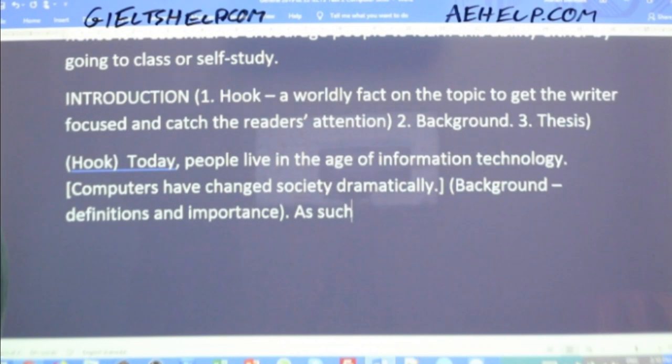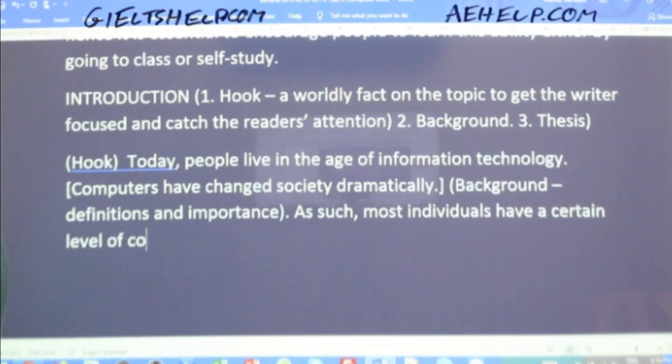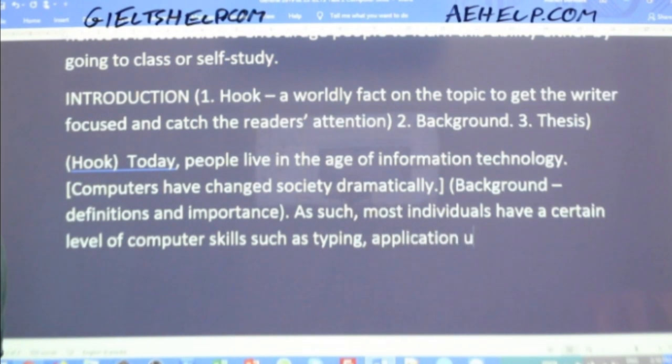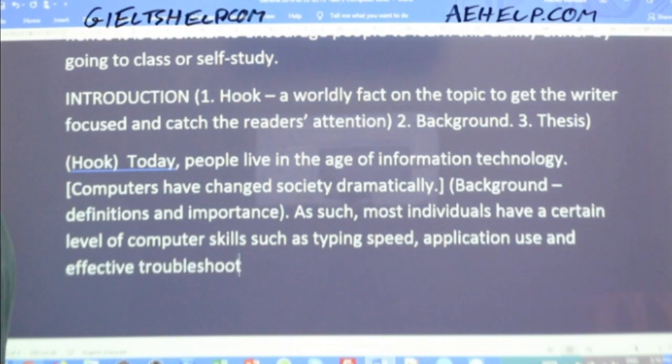As such, most individuals have a certain level of computer skills, such as typing, application use, typing speed, application use, and effective troubleshooting. Okay,